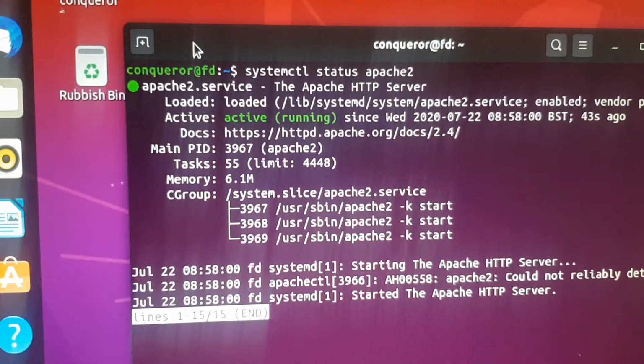Yeah, we can see that everything is fine. It's working very well. You press Q to exit, and we test it